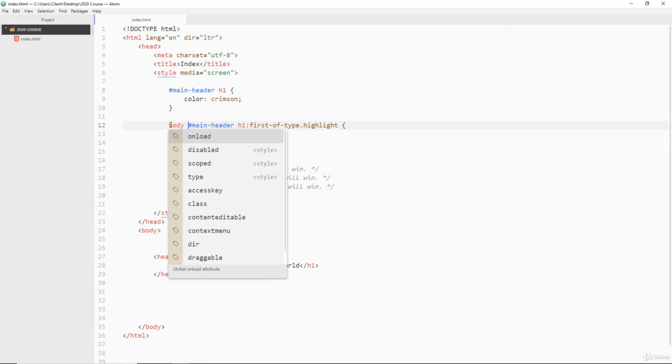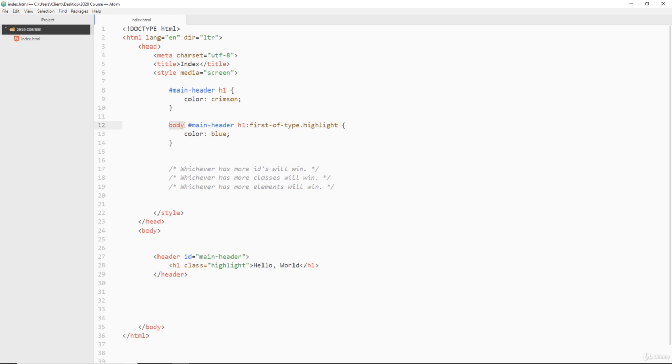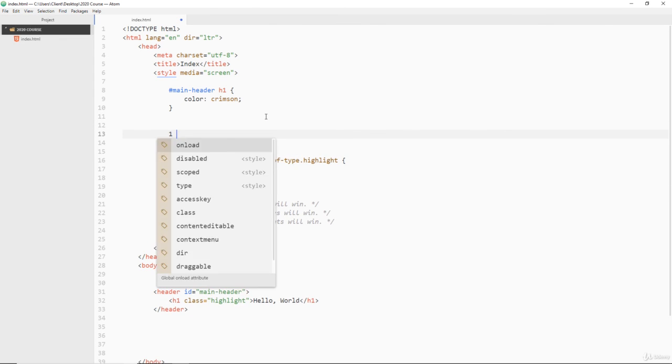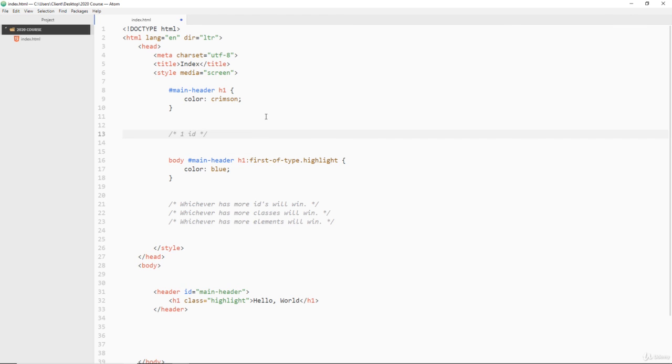If you did something like body, this has two. This selector right here has 2 elements, 1 ID, and 2 classes. So you would say this one right here, 1 ID. I should put that in something like this. 2 classes, and 2 elements. Okay, so that's pretty much going to be